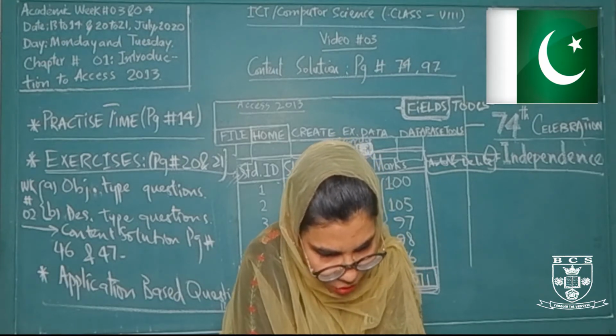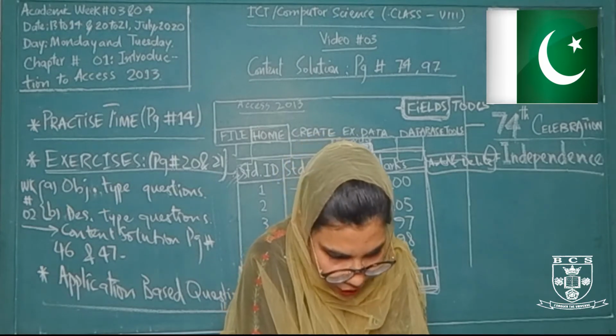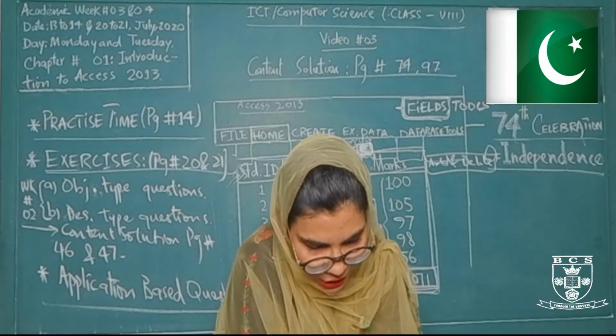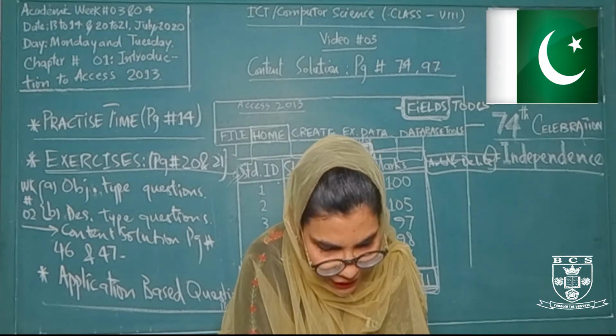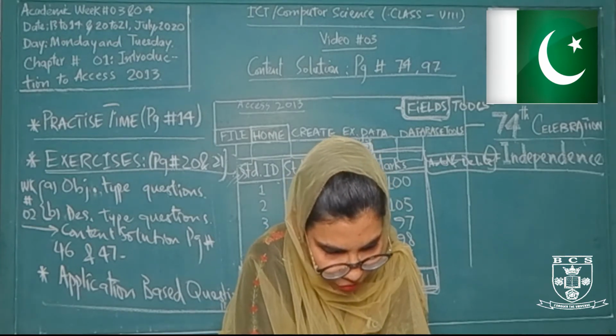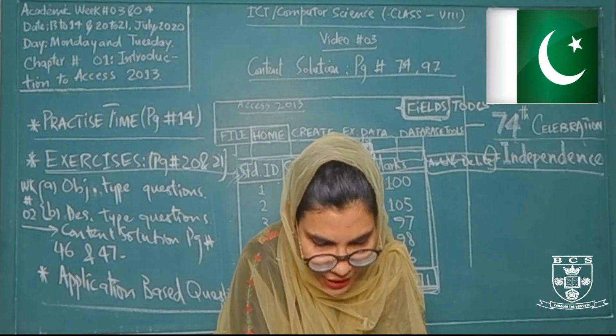After that, requirement number 2 is suggest suitable data types for the fields of this table. टेबल में आपके पास जो different fields हैं, we have to suggest the different data types. 1, 2, 3, 4, 5, 6. There are the 6 different fields. First one field is employee ID. Employee ID is again your auto number field, auto number data type. Then employee name and job title is your short text data type.